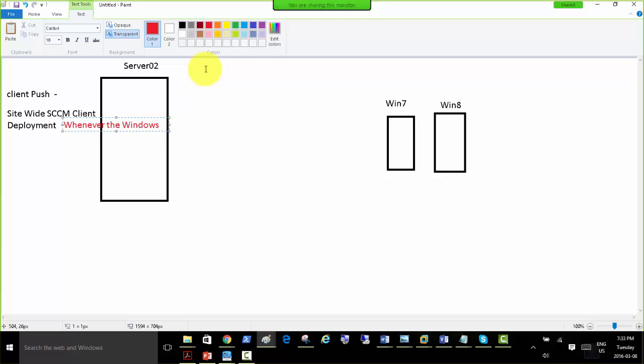So whenever Windows client machines or servers, or cell phones, tablets, whatever is in the environment that SCCM is configured to accept, are discovered,